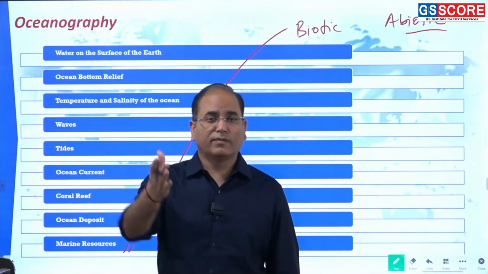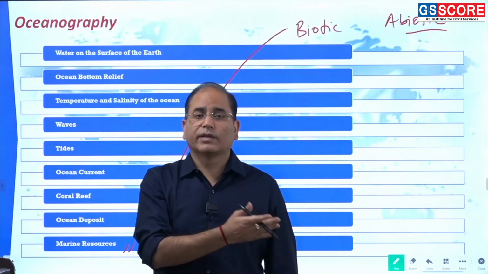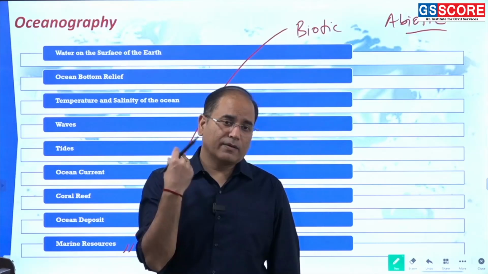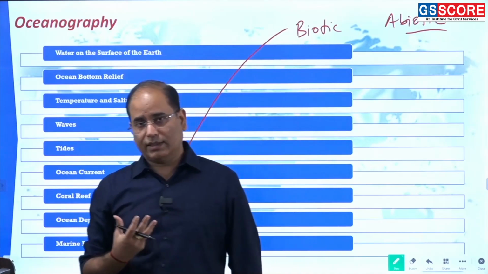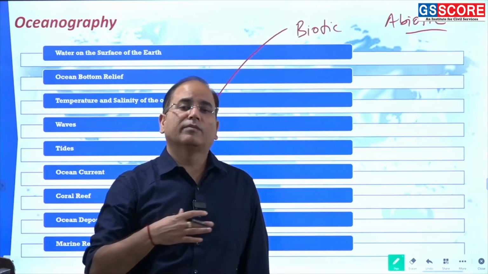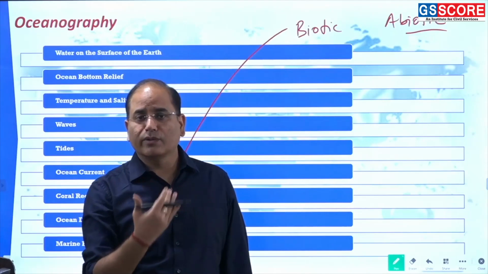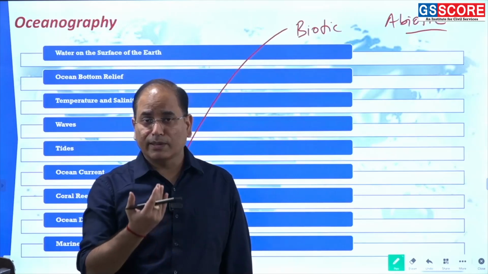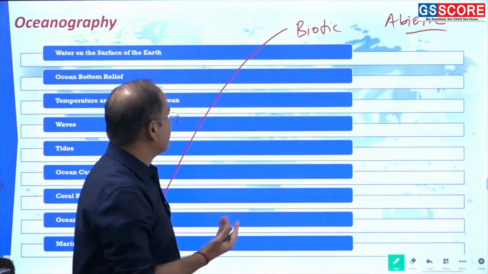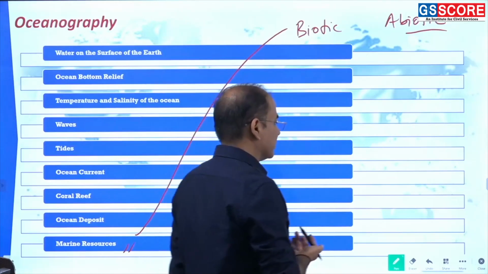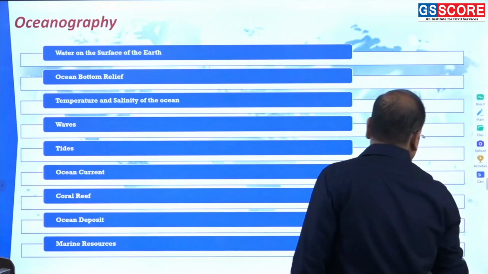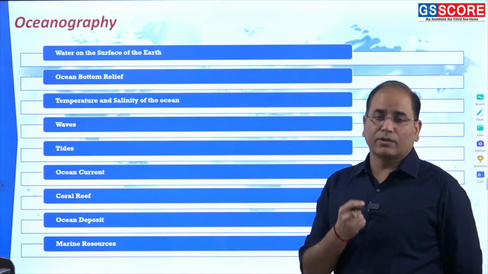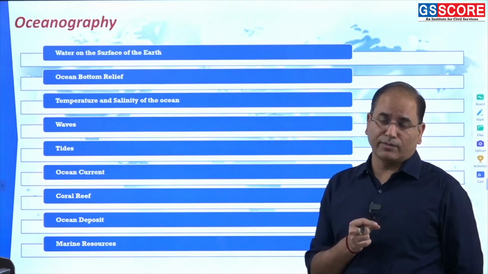Other than the mud form, biological resources are very much associated with the fishes, mostly floaters, mostly swimmers. So, floaters, swimmers, and then the benthic organisms that are present in the deeper part of the ocean. So, these are the topics that you are supposed to study under the oceans. Topics of the oceans are comparatively easy, but the topics of ocean happen to be very important because regularly